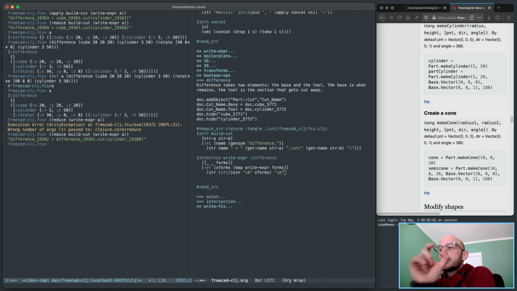This difference is equal to the difference prior. Yeah, it almost works the way I need it to. So it doesn't quite, because I need it to